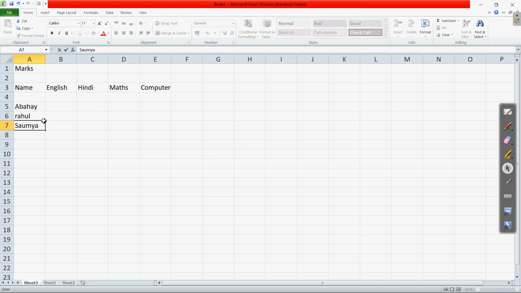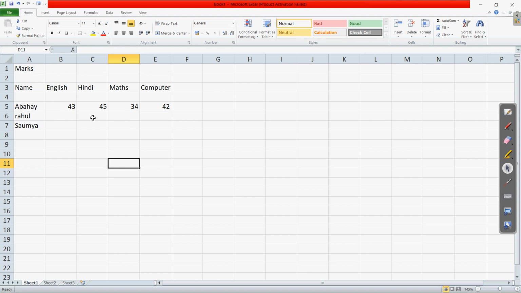Okay, clear. So suppose this way we have 2-3 names, and now whatever numbers you want can be entered in these cells. So this way the data can be entered in different cells and it will form the structure of a table. In the same way, another student's marks can be entered in the remaining cells. Whatever number of rows or columns we want to enter, we can continue doing this, and the marks and the names can be entered.